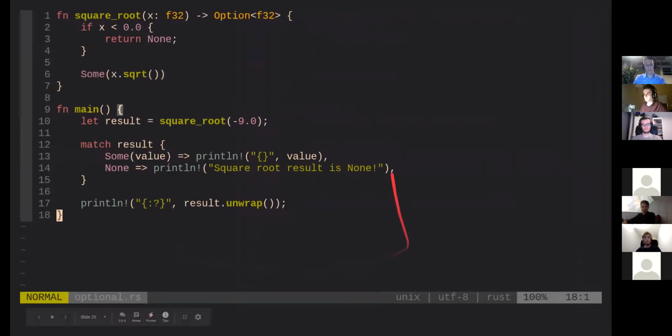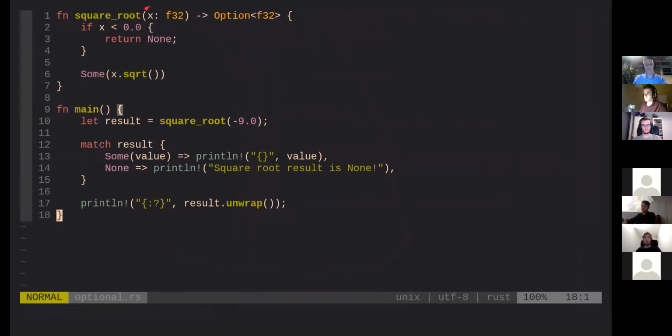As you can see here, we have a basic example with an optional. Here we have a square root function, and it might return a number, but it might also not return a number. If the number is negative, we want to return an invalid value. That's where an option comes into play. An option is an enum, which again shows the power of these enums, and it's either none or some value.